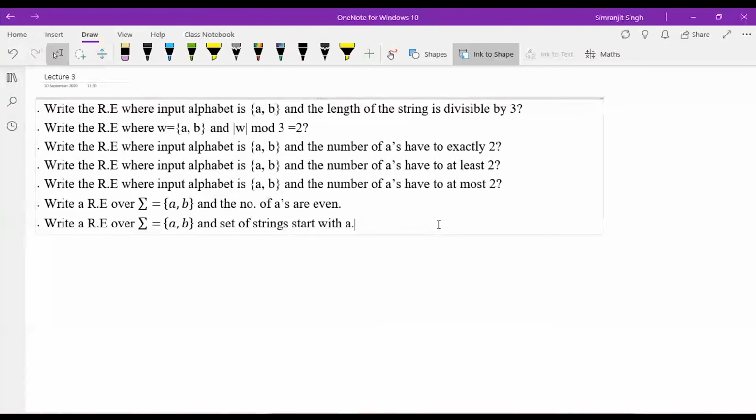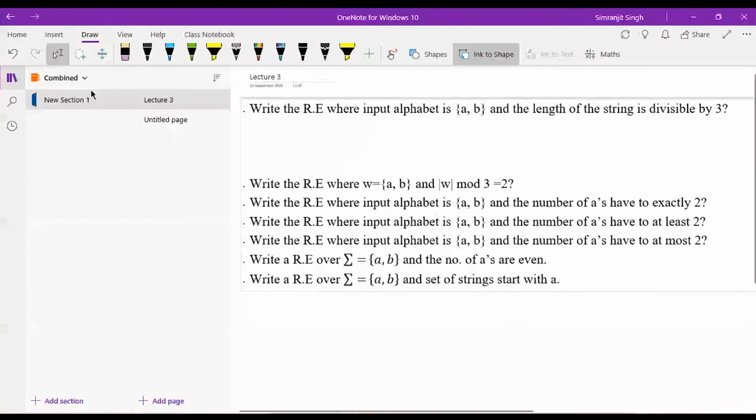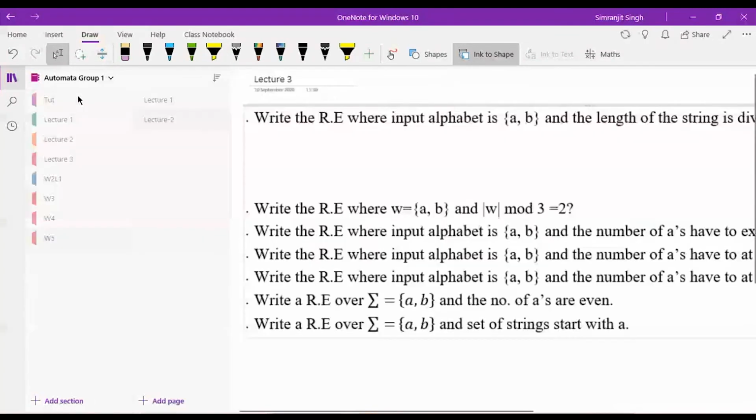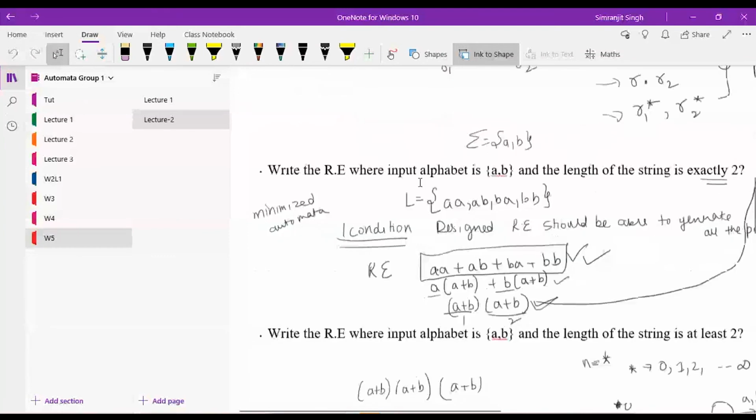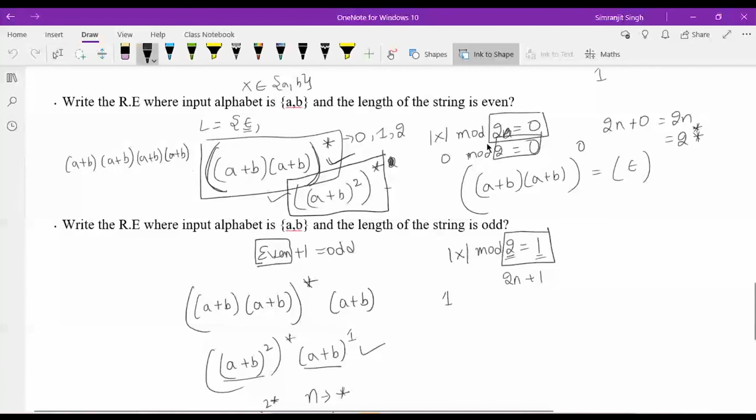Okay. So now this question is again a similar one to what was done earlier. If you see the pattern in the previous one, just see from group one. If you clearly see the pattern here, I have told you that if the length of the string is even, you can write it like this: x length, where x belongs to a and b, x mod 2 equal to 0, and where the length of the string is odd, you can also write it like this: x mod 2 equal to 1.